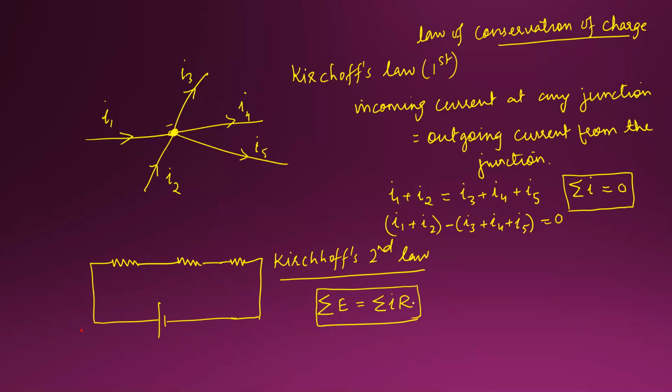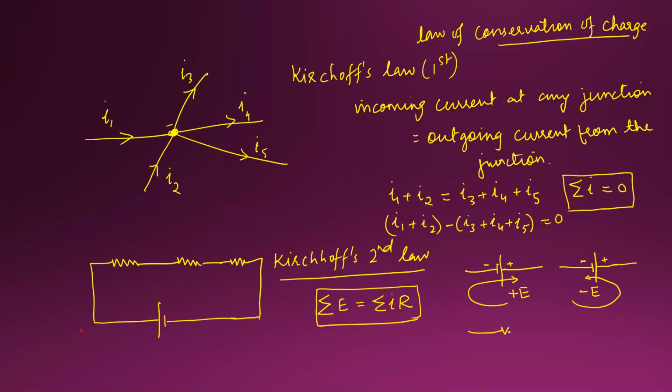While using this law, we have to use certain conventions. And what are those conventions? If there is any battery and the loop which we have taken is such that, according to our loop, the direction of current flow is from negative to positive, that means the EMF will be taken as positive. Whereas if there is a battery and the direction of the loop is from positive to negative, then the EMF will be considered as negative.